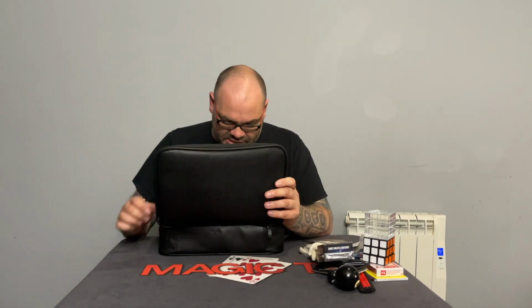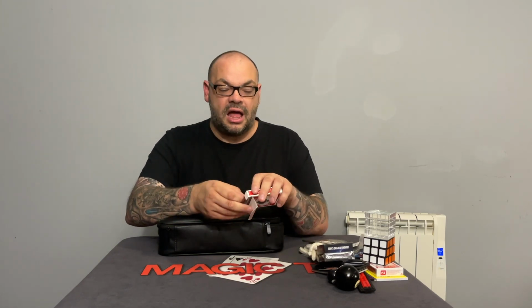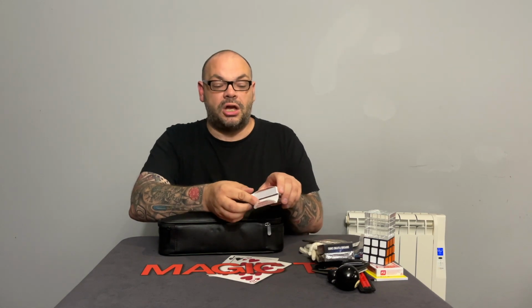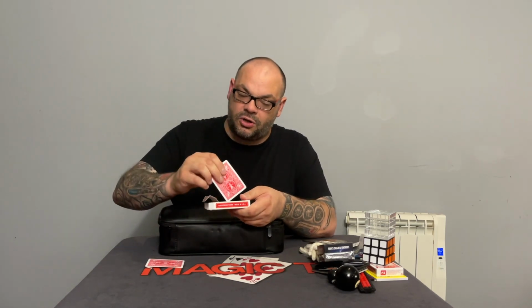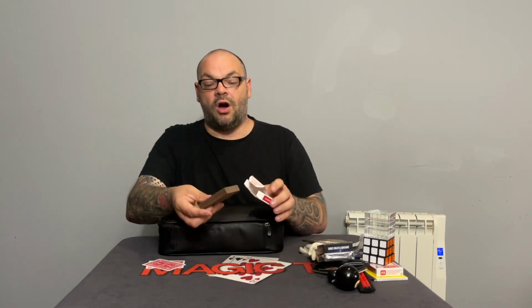What else we got in my case? Okay, more packs of cards. So what do we have here? This is Hollywood, which is by Hanson Chen. We reviewed it on the show recently. This is so good. You open it up, you show a pack of cards, you take the cards out, you put them down, and you do a penetration. No, it's not set up. You do a penetration through the thing,